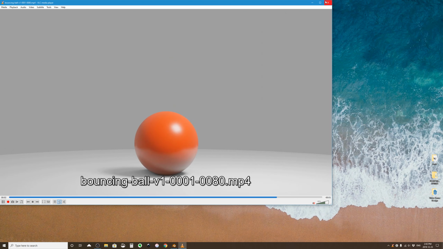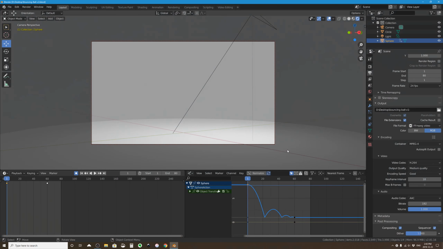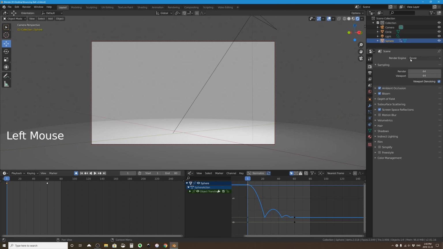But you probably actually do not want to render out directly to a video file from Blender. Why would you not want to render out to a video file? Well, chances are you're rendering out something that takes longer than this bouncing ball animation. This bouncing ball animation only took my computer about a minute to render out using the Eevee render engine. But if you have a more complex scene with more lighting setup, and perhaps you're not using the new Eevee render engine, which is very fast, perhaps you're using Cycles and every frame takes a long time,